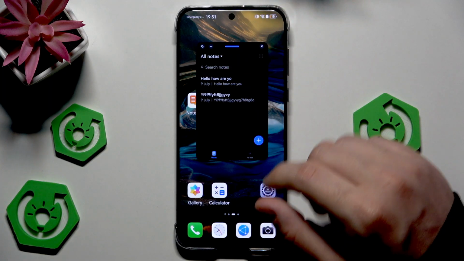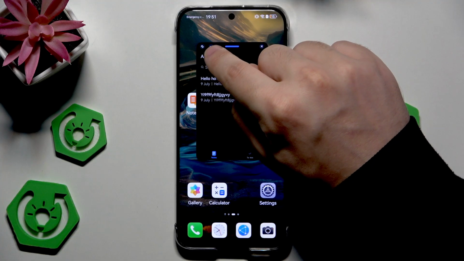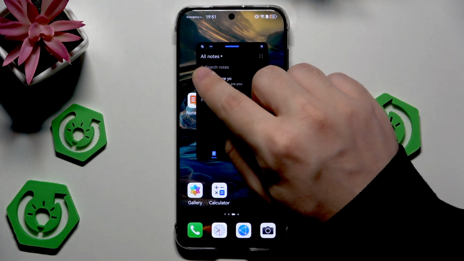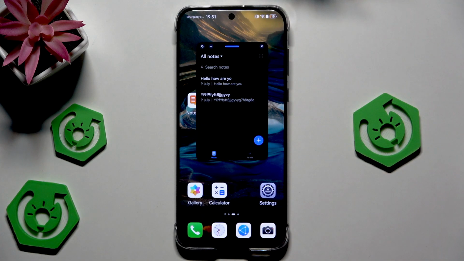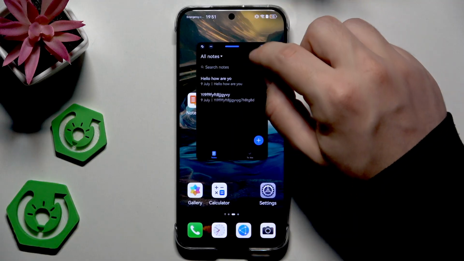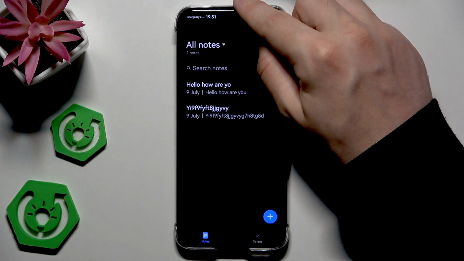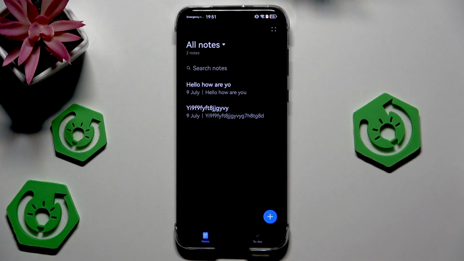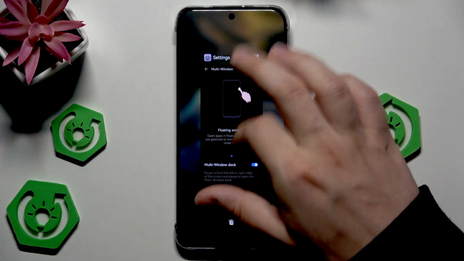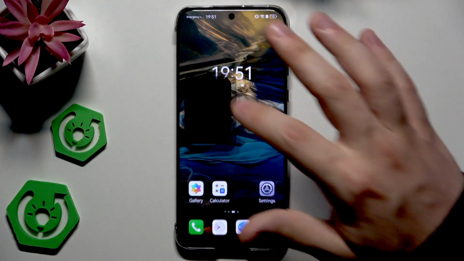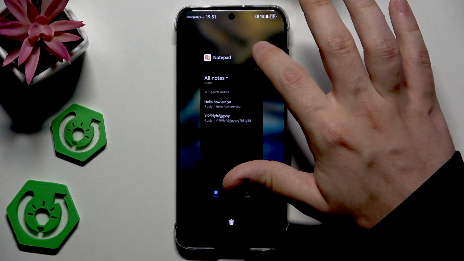If you want to minimize it, you can click on that icon. If you want to max it out, you can click on that icon next to it. If you want to close it, click on the X button. That's pretty simple. But also you can simply grab it, move it to the upside, and it also gets into full screen right now. So that's the way you can use the floating window, and of course the floating windows are pretty cool